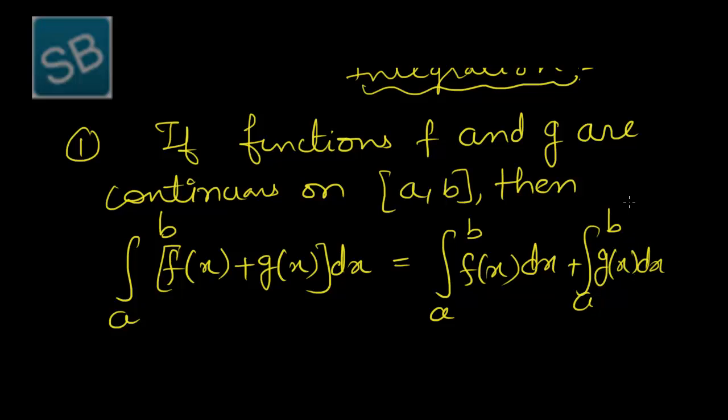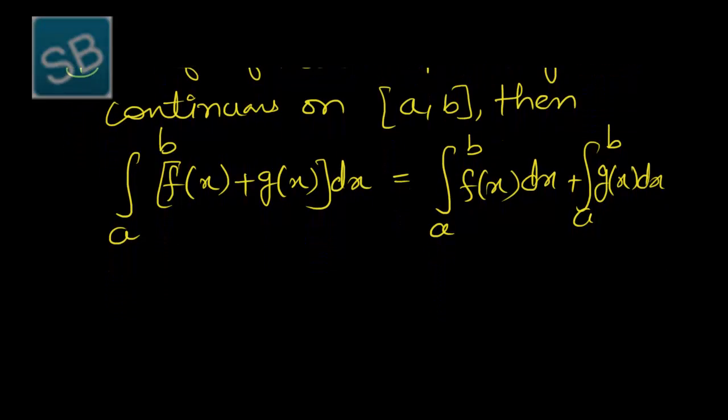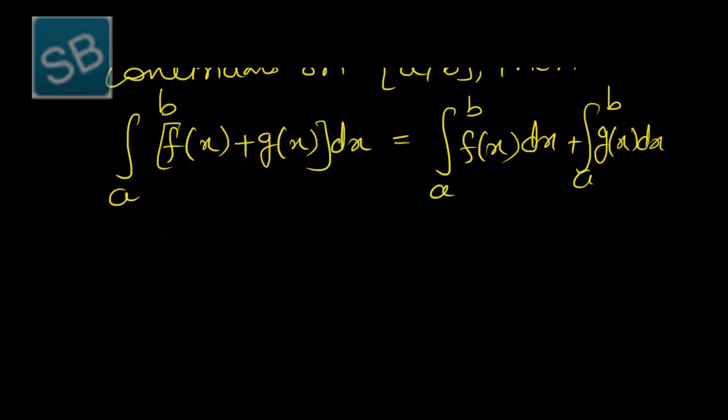So we have to prove this. If we have to integrate the sum of two functions from a to b, then we can integrate the functions individually and then take the limit from a to b, and we will get the same result. We have to prove this result before we apply it in problems. So the proof is